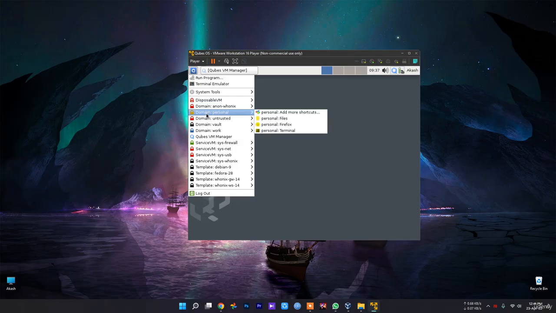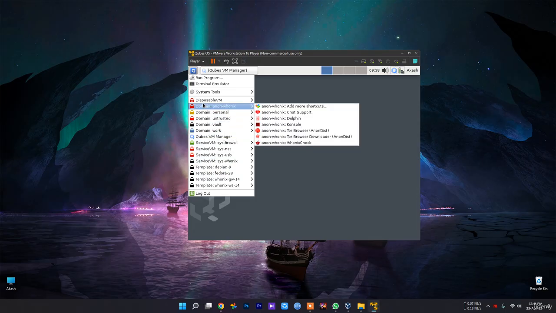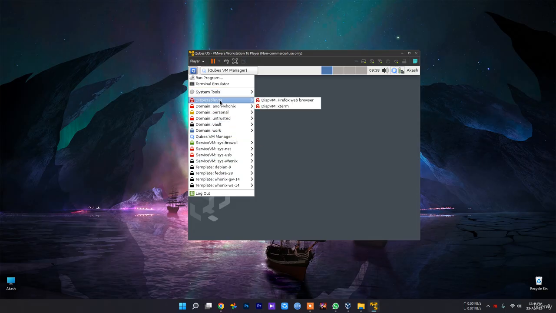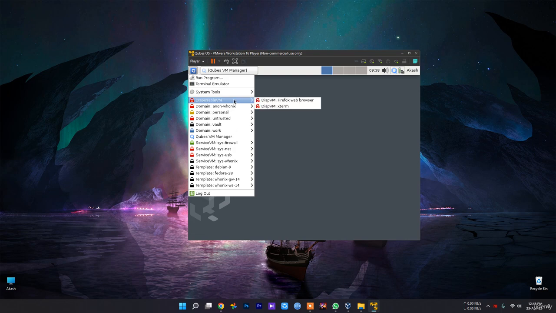Now you notice that there are different types of virtual machines in here. So we have disposable virtual machines, we have domain, service, and also templates. The disposable virtual machines are the ones that most people use. This virtual machine is designed to run untrusted files, or files that you think might be malware or viruses,